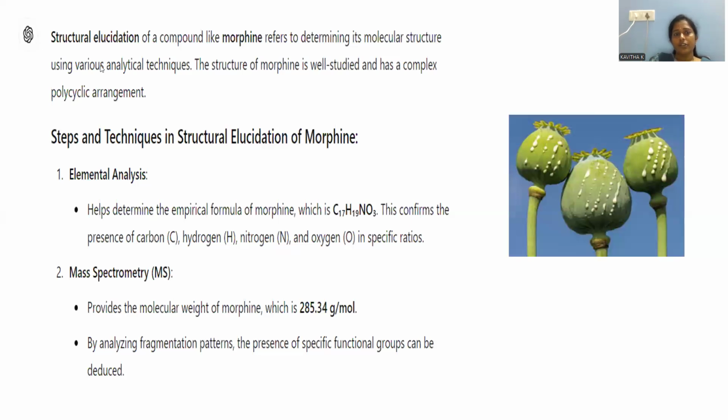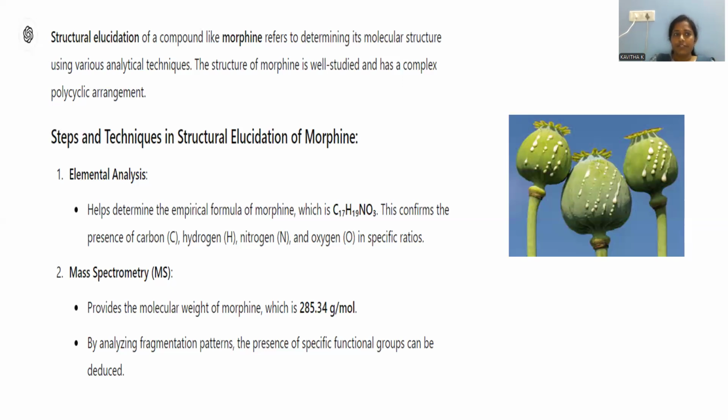Structural elucidation. In order to go for structural elucidation: morphine is a natural product, right? From the plant source we are extracting this one. Whenever we extract a crude product, it is subjected to proper removal of all the unrequired materials. Whatever compound is there in the extract, we don't know its exact chemical composition. So the step-by-step analysis of its structure is called what? Structural elucidation. Identifying the complex structures which are present in that particular alkaloid.